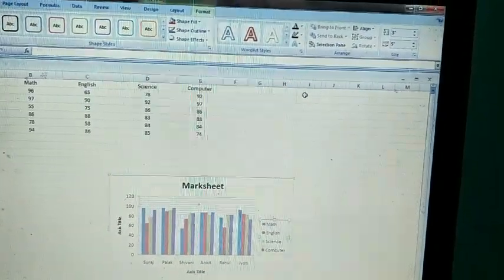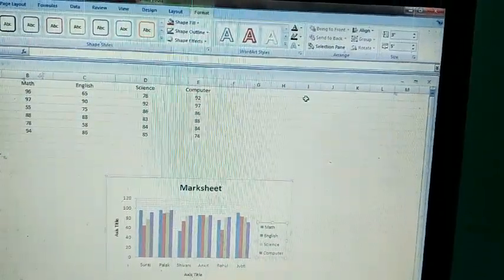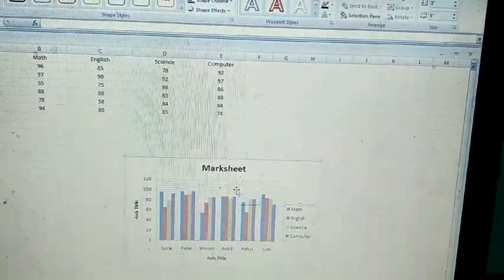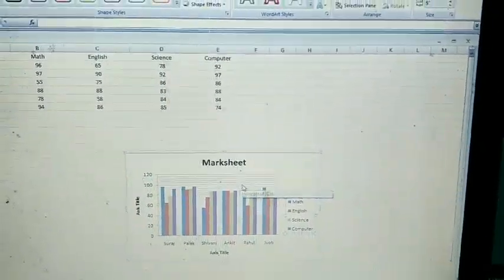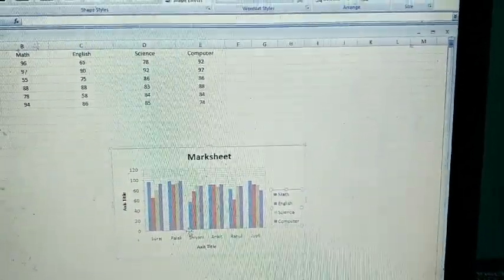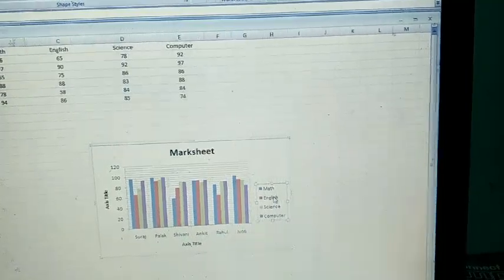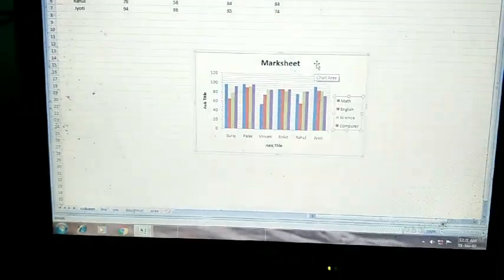Got it? So with the help of this format tab, you can format the chart. It means you can change the color of the bar, the text color, the background color, etc. Got it?